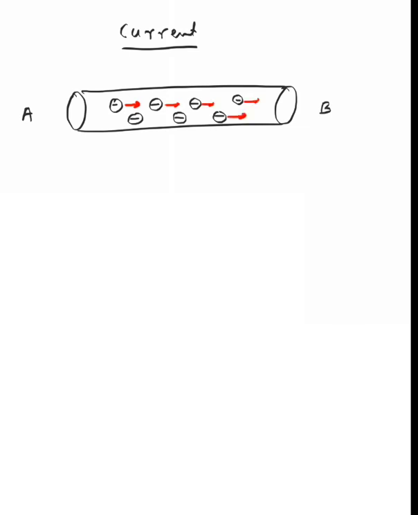So how do they define current now? Current is defined as the rate of flow of charge. What do you mean by rate? Rate means with respect to what? Time, guys. So current is defined as the rate of flow of charge, that is, when the electrons or the charges are flowing from A to B. How many charges are flowing and how fast they are flowing would determine the current.